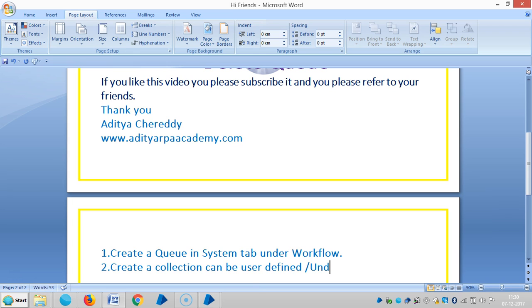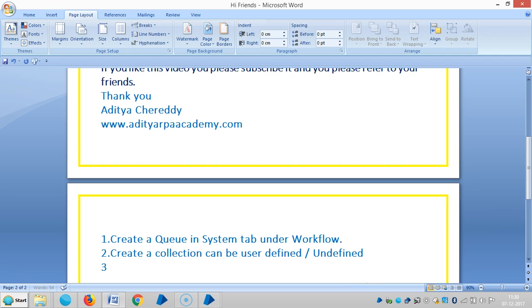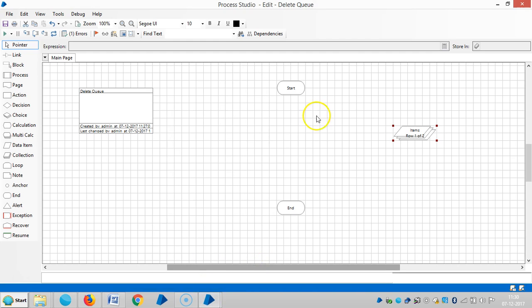Undefined means the system will create it by itself, and user defined means we will create it ourselves. Already I have created one collection table with two records. Then